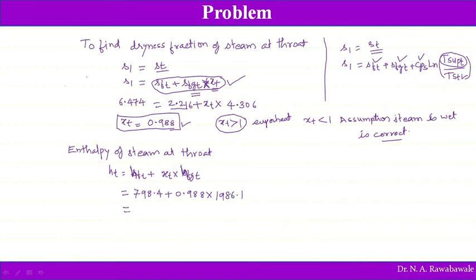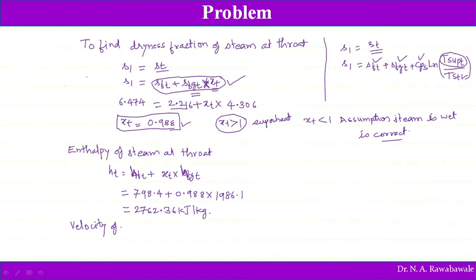So HT, enthalpy at throat, can be obtained as 2762.36 kilojoules per kg. So now we know enthalpy at throat. So once we know enthalpy at throat, so velocity at throat,